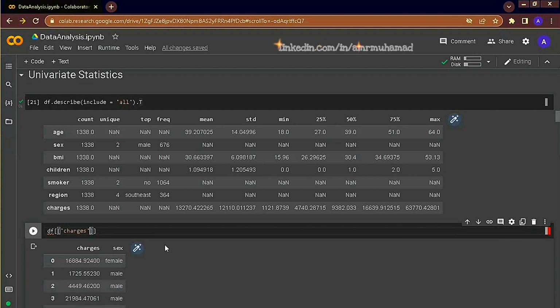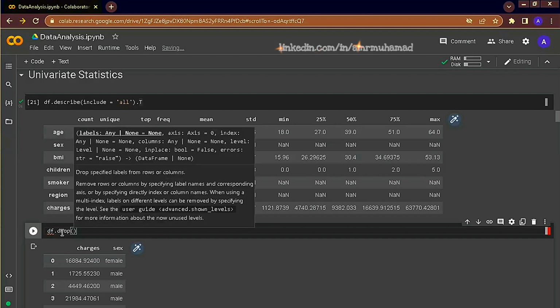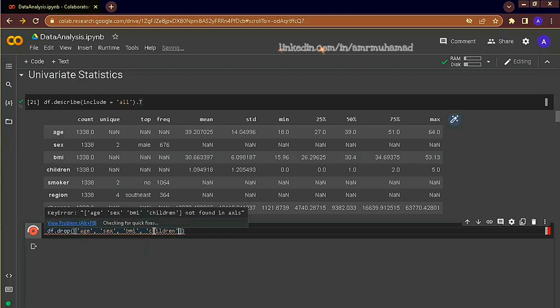Lastly, I can use the drop feature and drop all the columns that I don't want displayed. For example, we're going to drop all the columns except charges, so age, gender, and so on.